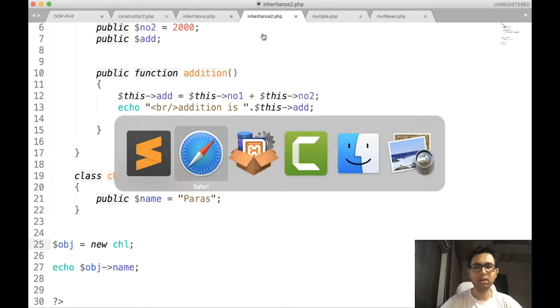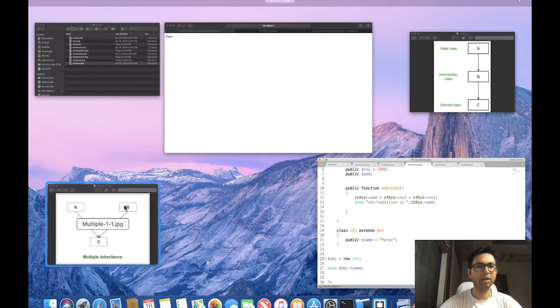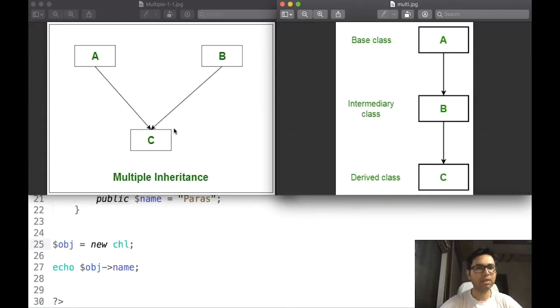Let us see with the help of a figure what multiple and multi-level inheritance are. As you can see, there are two types of inheritance. Multiple inheritance inherits the child class from multiple base classes. Over here, A and B are multiple base classes.